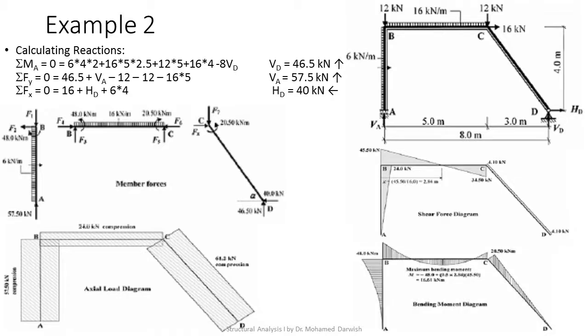What about the bending moment? Let's look at the bending moment. The simplest points in the bending moment, point A and point D, must be 0. That's for sure. We know that because A is a roller, D is a hinge. They must be 0. Okay? If you take a section just beneath B, you will simply see 6 times 4 times 2, which is